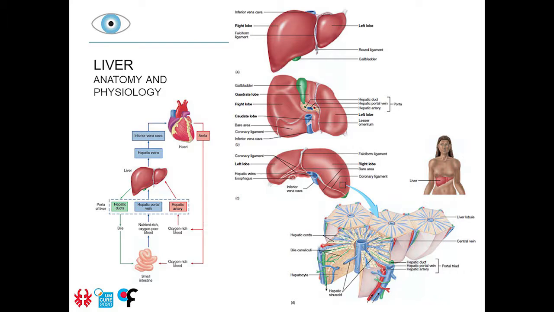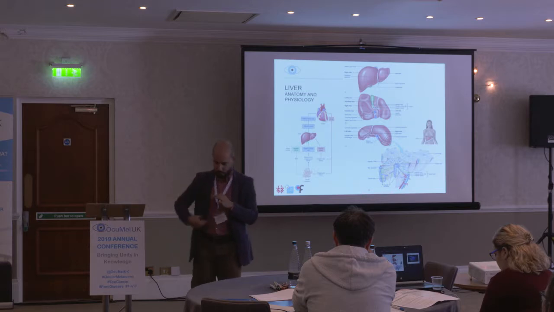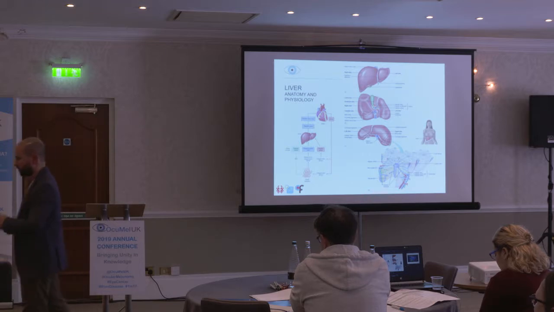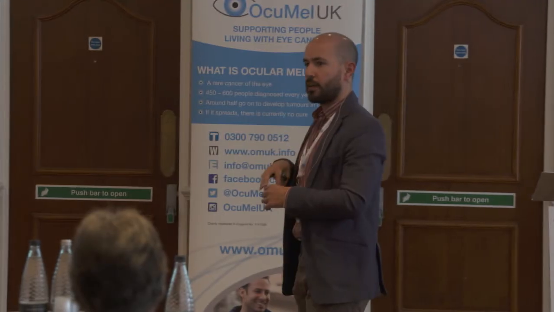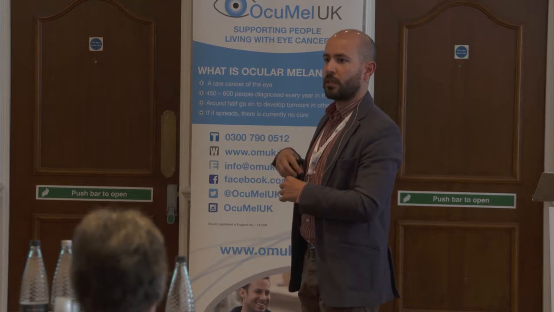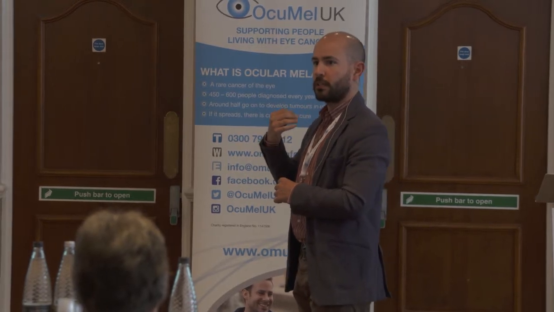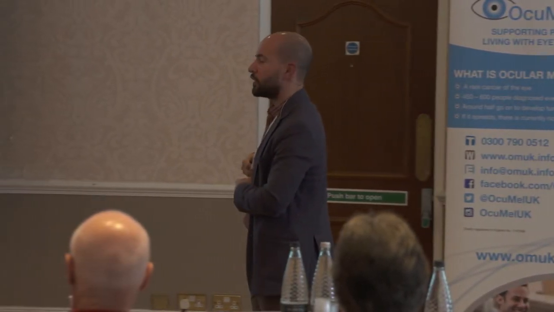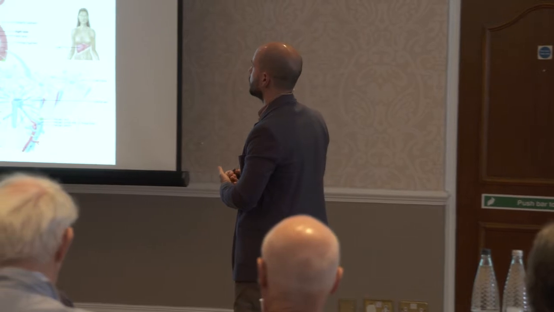Okay? And the other system is the hepatic portal vein system. So it's a big vein that comes from our gut, okay, our bowel, that absorbs the nutrients, and from these veins they go to the big vein that goes to the liver, where the nutrients that we absorb from the food that we intake are processed by the liver. So this is one important function of the liver, to process the nutrients that we have with the food.